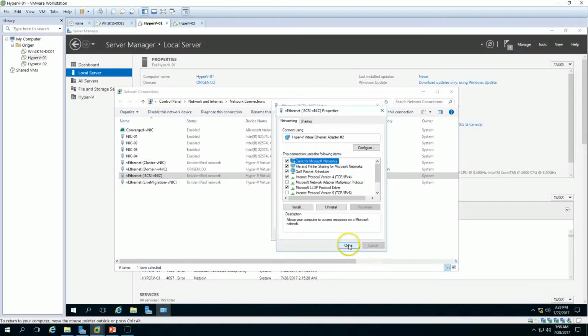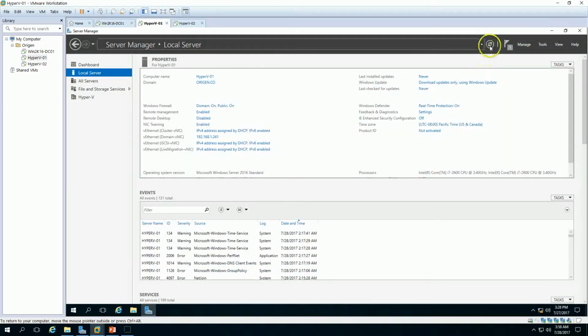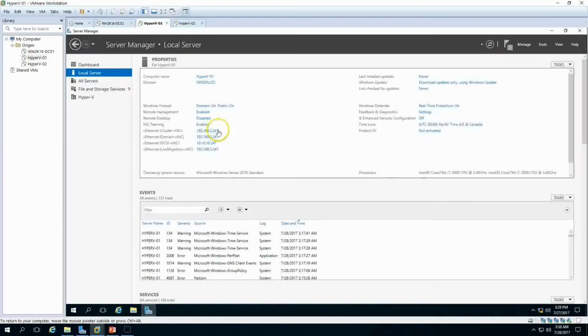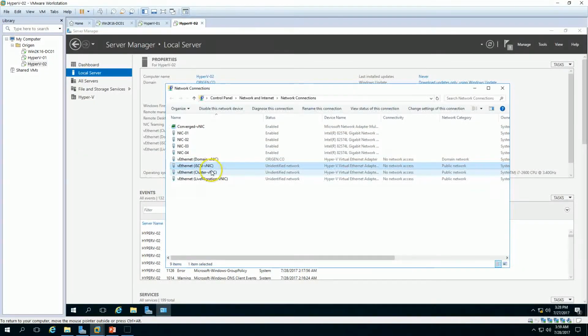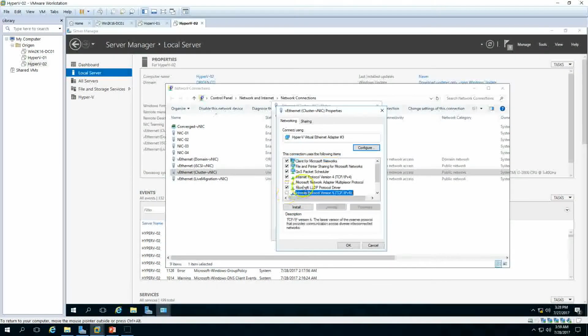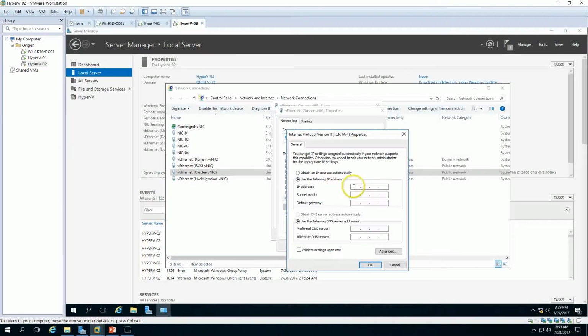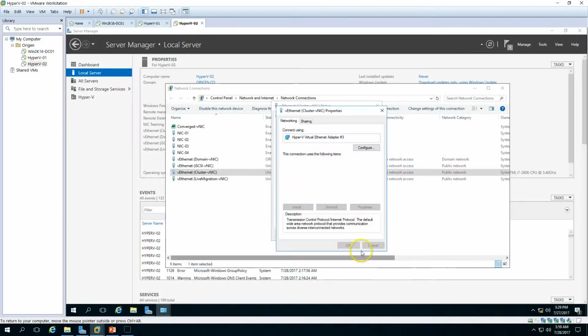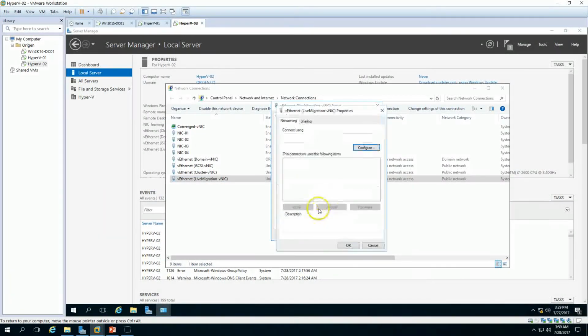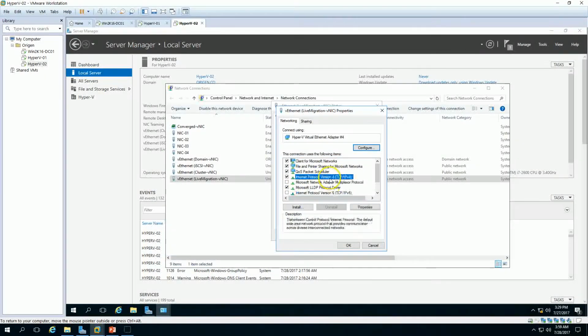We are done with this on HyperV 1. So we are using 241 in all the IP addresses at last. The same we need to configure here. So on a cluster we are going to use 192.168.2.242 class C default subnet mask, and for live migration we're going to use .3. So go to properties and put there